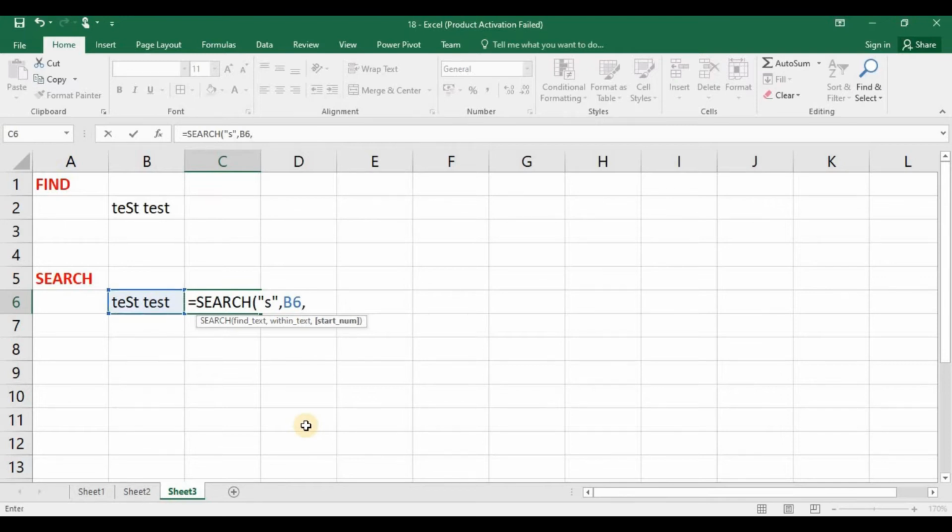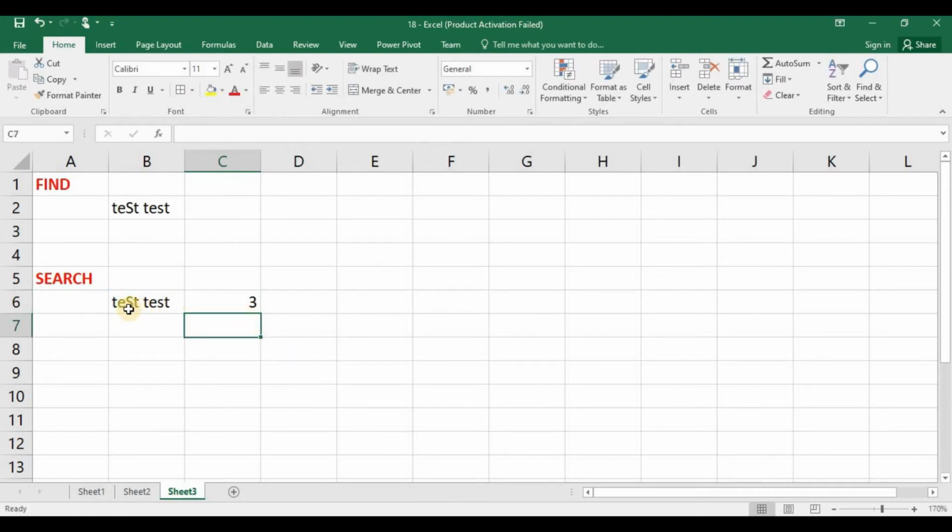Here, you have to provide the number. This number denotes the place from where the count should start. Suppose if I give 1, then Excel will start searching for our character after the first character in our text. If you do not give any number, then it will consider the default value as 0. Remember, the maximum number you can give here is the length of your text in which you are searching for a character. Close the round brace. Press enter. See, we got the number 3 where the character S is located.